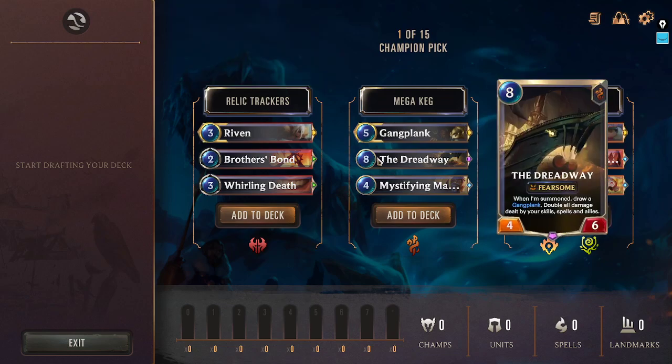Dreadway dies to Vengeance, they have 2 mana if I play against it. So I don't know what you are talking about. Well, if they are playing Dreadway, it's not going to win you the game. Have you played with the card? Yes, it's 8 mana. I played a lot against this card in Path of Champions, so I can say, but as Arthur pointed out nicely,